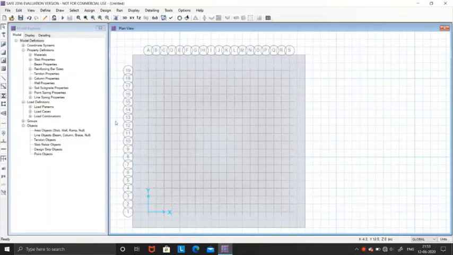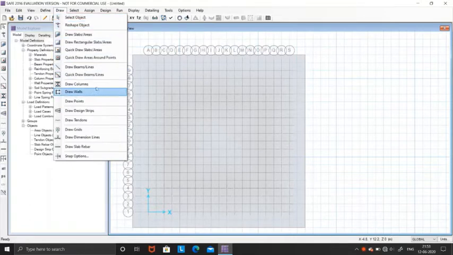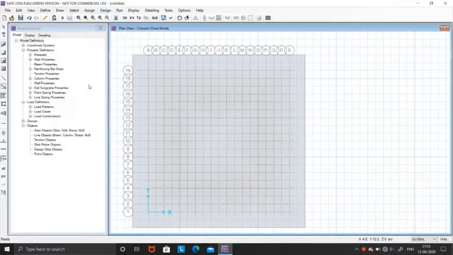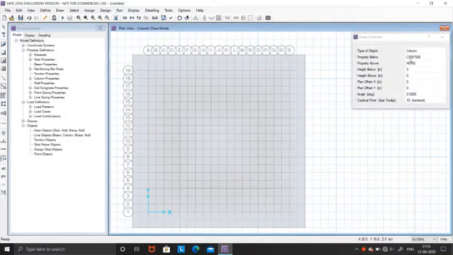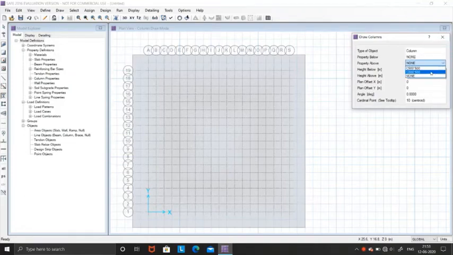Now we are going to draw columns. Click on draw column, and you have to change the properties here. Make property below as none and property above as 500 by 500, and this value is 0, and height above is 2 meter. These values are changed.